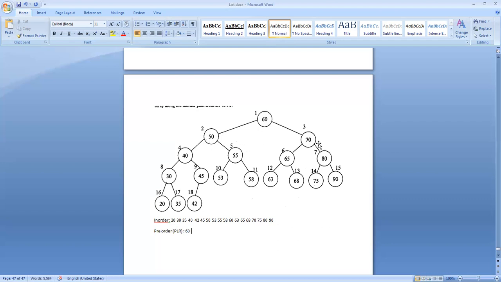Then the left and right child: 50 is a parent. Left child 40 is a parent. Forty is a parent, left child 30 is a parent. Then the left and right child, that is 20 and 35.